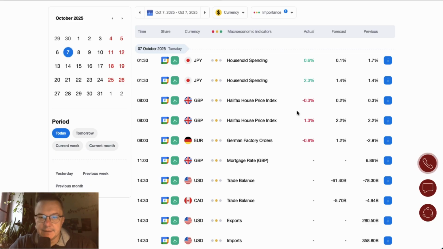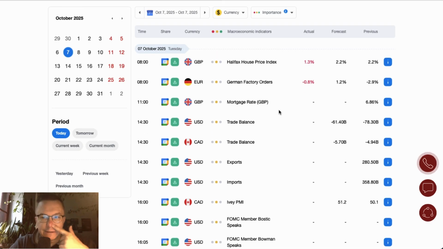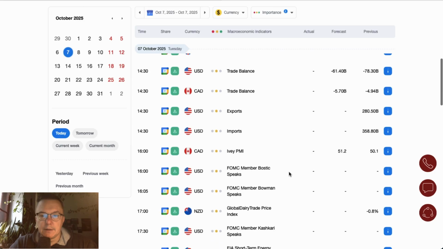Halifax House Price Index from the UK is down from 0.3% to minus 0.3%, and the German factory orders increased from minus 2.9% to minus 0.8%. However, this is still below the forecast of 1.2%. Trade balance data from the US are scheduled for release at 2:30 together with the trade balance